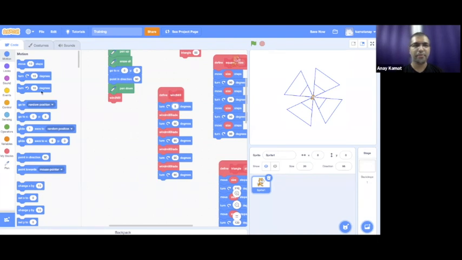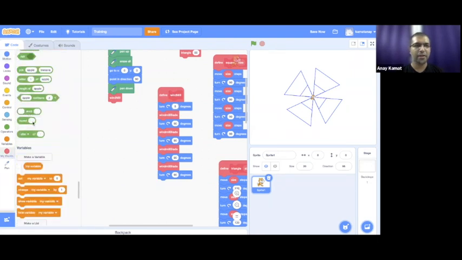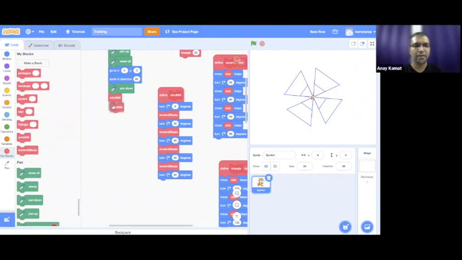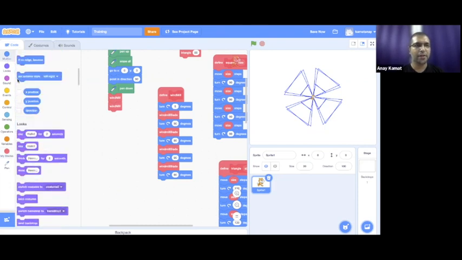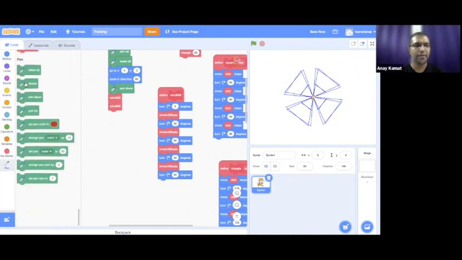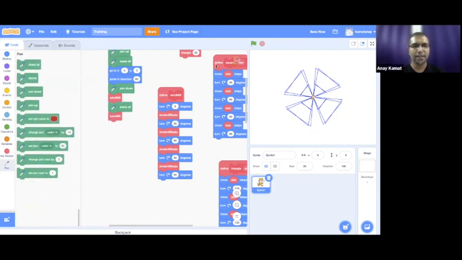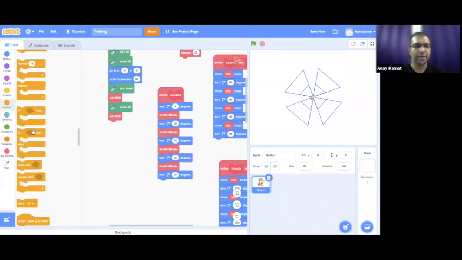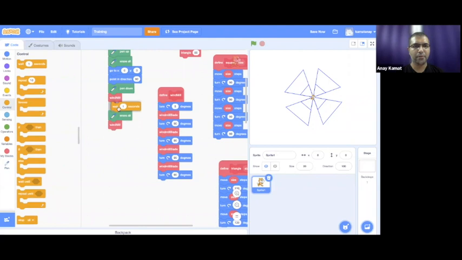Where should we put it? Maybe I put it here. Maybe I put it here. Oh, okay. So this is not what we want. We want to erase the previous one. So maybe at the start of it, the pen, we just erase everything like this. And I didn't get that feeling. So maybe what we do is we also put a wait of 0.1 seconds. Yeah, and it does feel like it's rotating now.